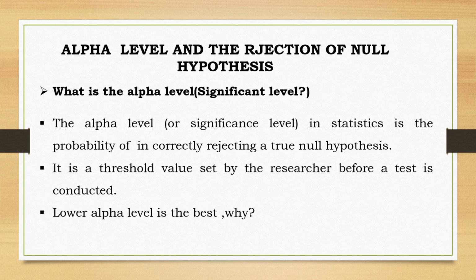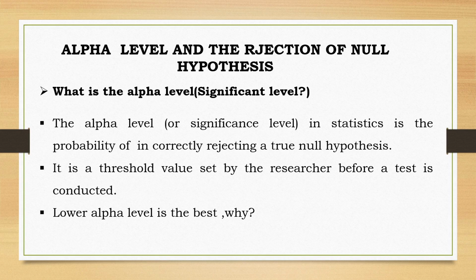Alpha level and the rejection of the null hypothesis. What is the alpha level? The alpha level, known as significance level in statistics, is the probability of incorrectly rejecting a true null hypothesis. It is a threshold value set by the researcher before a test is conducted. For example, if you set your alpha level to be 5%, it means that there's a 5% chance that the researcher will incorrectly reject the